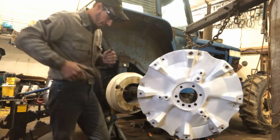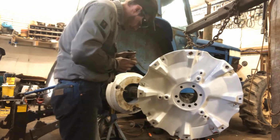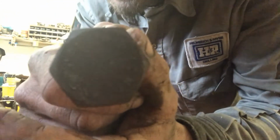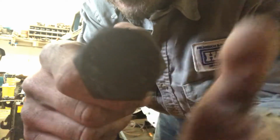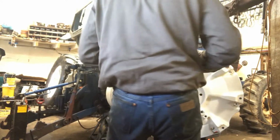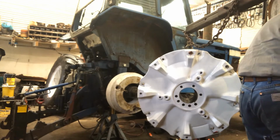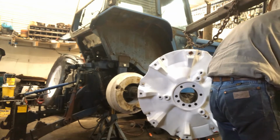Man, it's got both markings. What one do I believe? It's got 8.8. Look at that, that's the craziest thing I've ever seen. Will it focus? See, you can see that it's got the grade marks and it's got 8.8 on it. That don't make no sense to me. None whatsoever. But anyways, let's try a